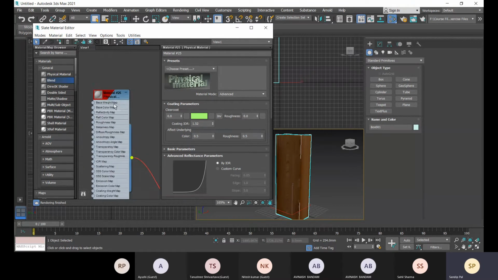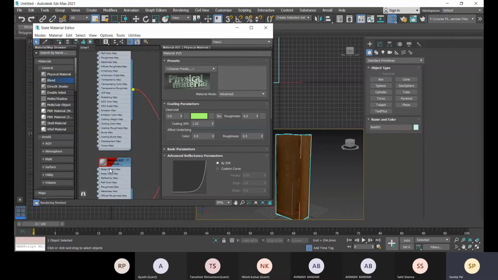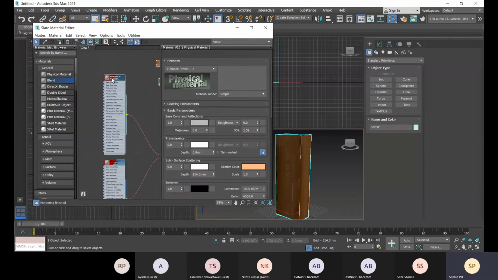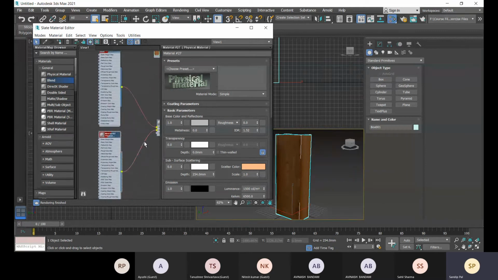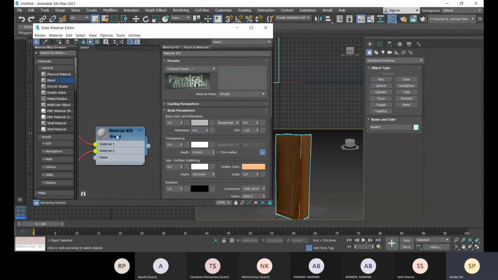So this is one physical material and this is another physical material, and you can change these two different physical materials individually, and they will be combined within this material, and you have to assign this to the object.